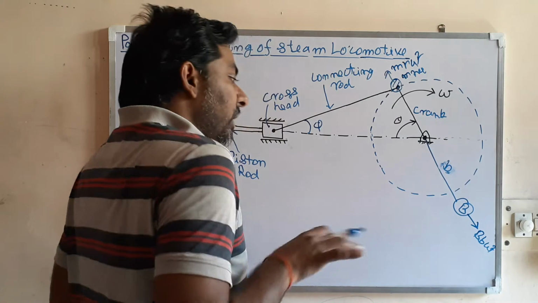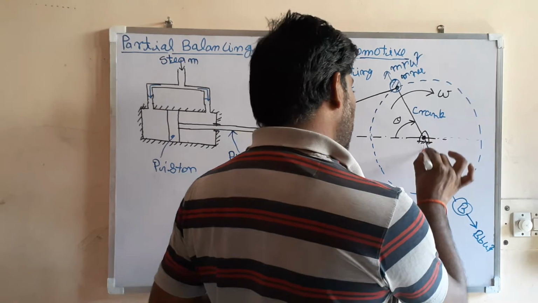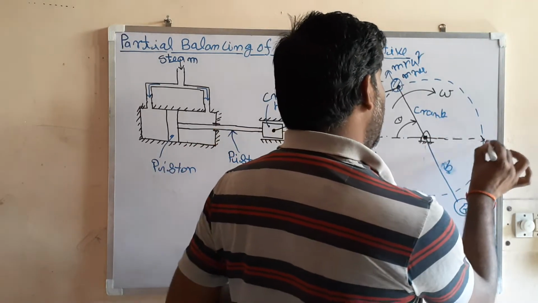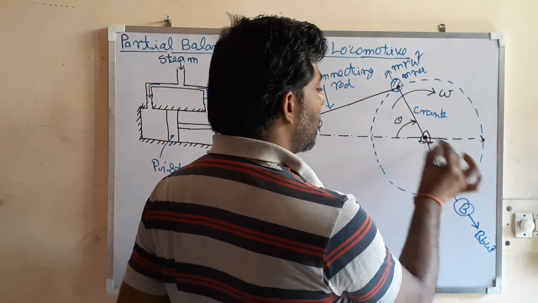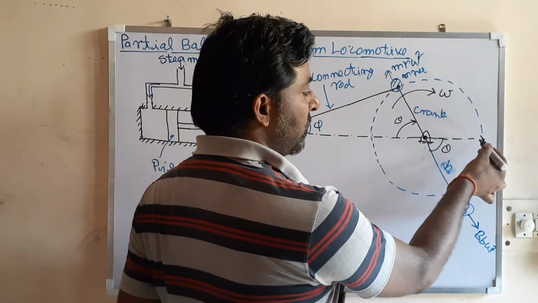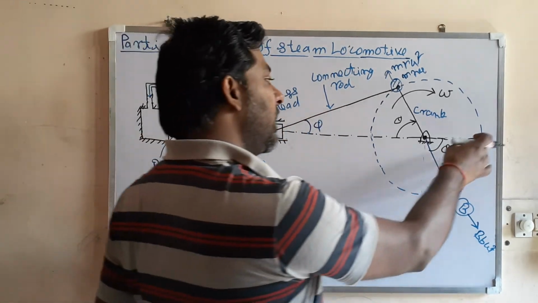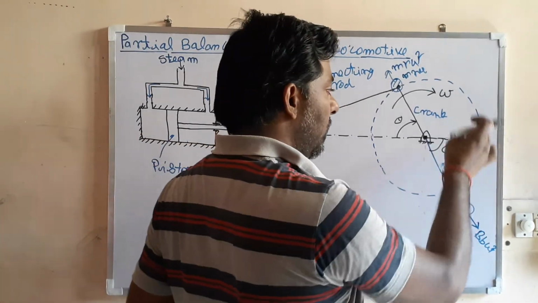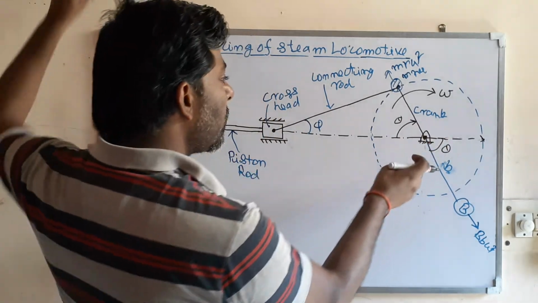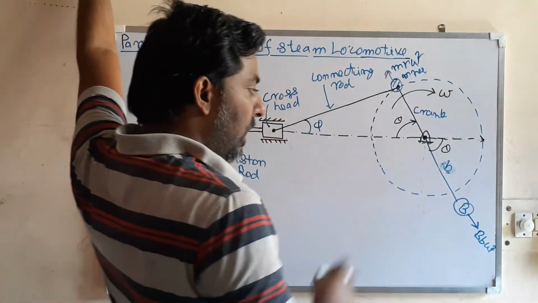When I was doing the partial balancing, I got that this has two components. One is along here and another along here. If this angle is theta, the component along this will be B b omega square cos theta, and here B b omega square sin theta. That will be the vertical unbalance, and this will be the horizontal unbalance. When we find the net unbalance along this, I have already done it, so I am not doing it here.